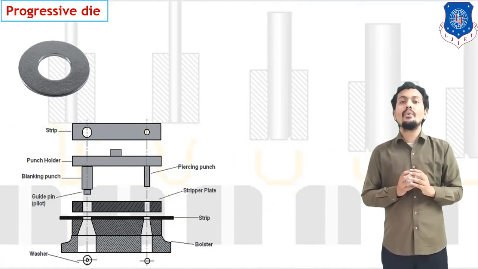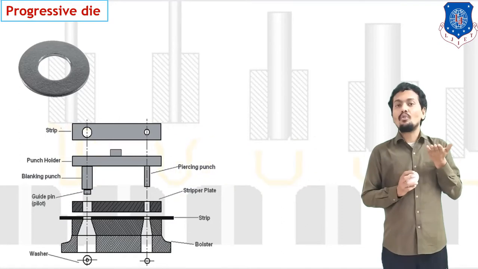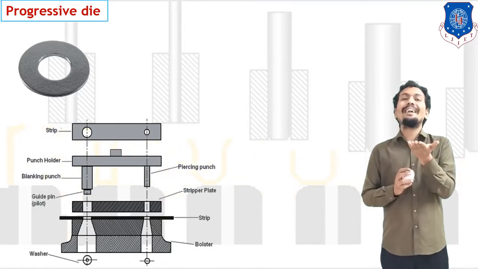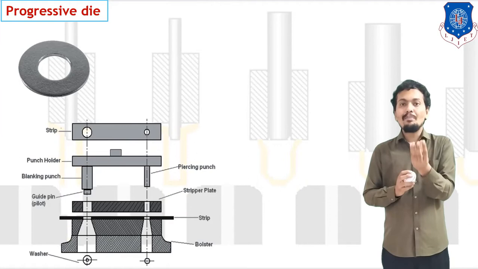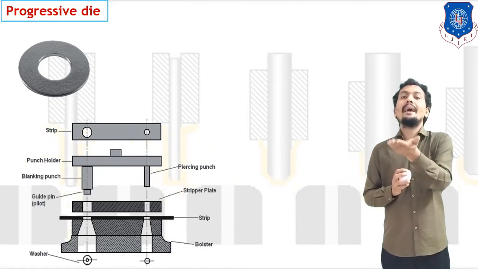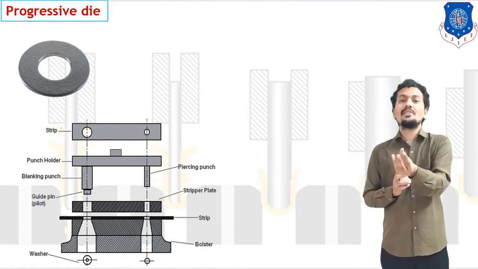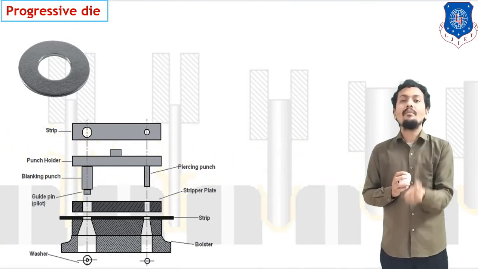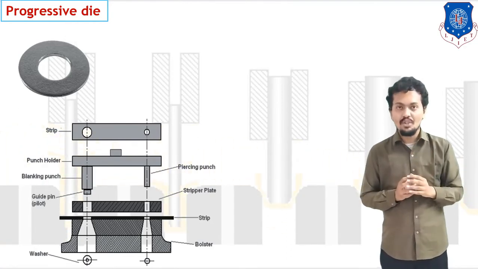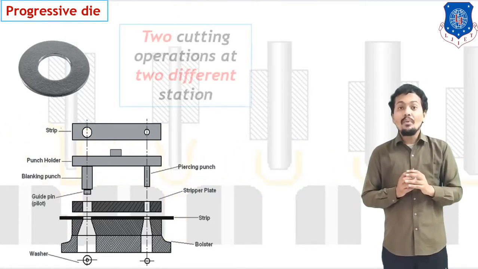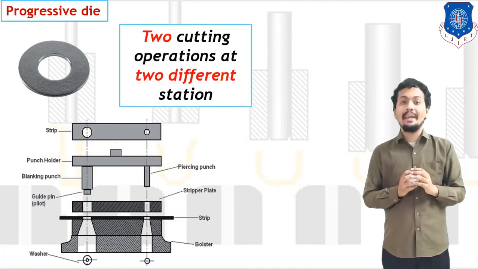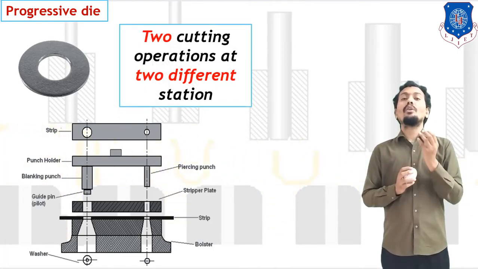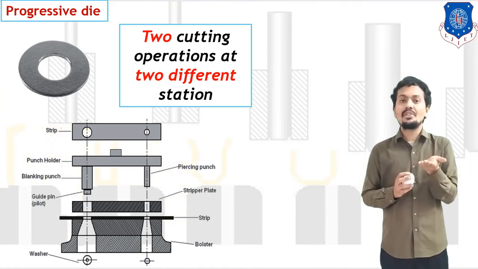So here I mentioned the view for the progressive die. What happens, we have to pass our sheet metal from one end. At one station a hole can be cut, and this particular sheet metal can be traveled, and at the second station our final washer can be cut with the help of a punch, right? That's why this type of die is known as a progressive die. It means the final washer can be made with the help of travel or progress of sheet metal from one station to